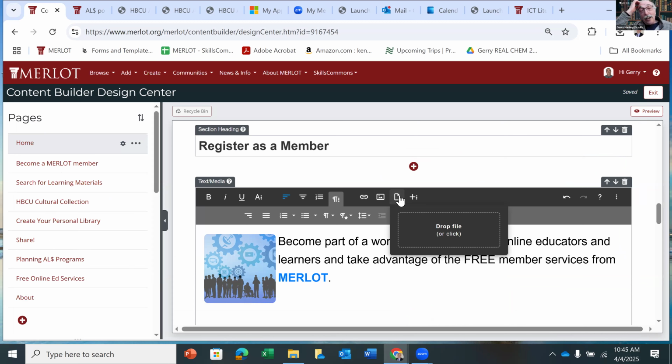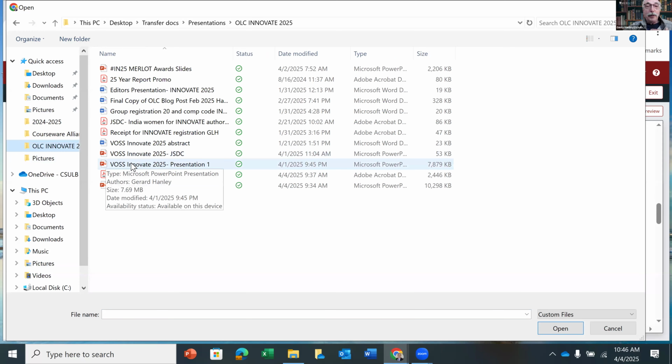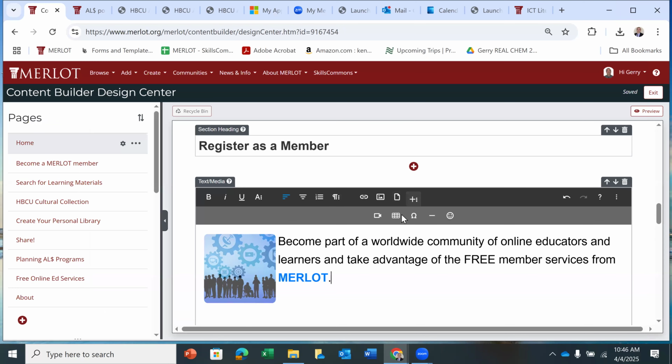If you want to add a document, right? You have a PowerPoint or you have an academic senate policy to support faculty adopting, whatever it might be about your campus, same thing. Just click on drop here. I can find a PowerPoint that I want to put in, and now I can click on it and it'll add it as a downloadable document into your website. Okay, looking pretty easy? Yes. Okay. And you can add video, tables, stuff like that.